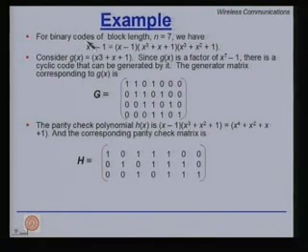After the effort that we put in to figure out the factorization of the polynomial, it is now a piece of cake to figure out the various kinds of generator polynomials. In fact, once you factorize, you have found all possible generator polynomials for the block length 7, because I factorized x raised to the 7 minus 1 once. In fact, I have not 1, not 2, but 8 possible cyclic codes here. Of course, some of them are trivial.